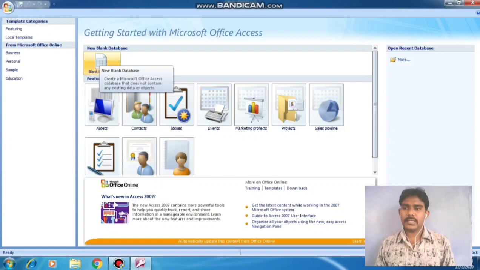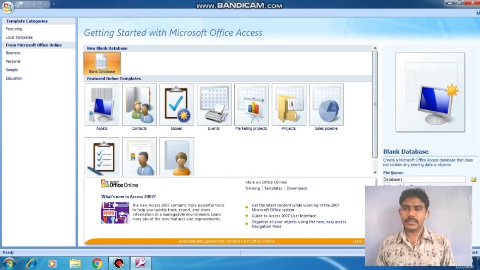Here we have to click Blank Database. I select the Blank Database. Going to the right side, here they are asking for a file name. I give the file name 8 standard. That is my database file name. Click Create.